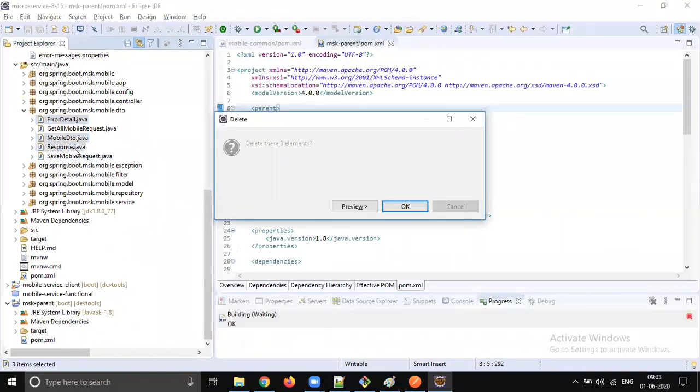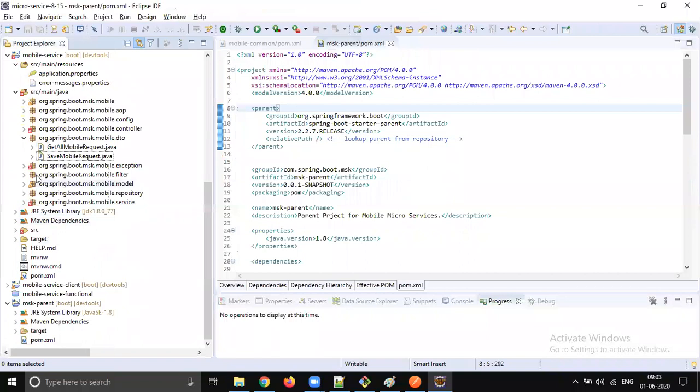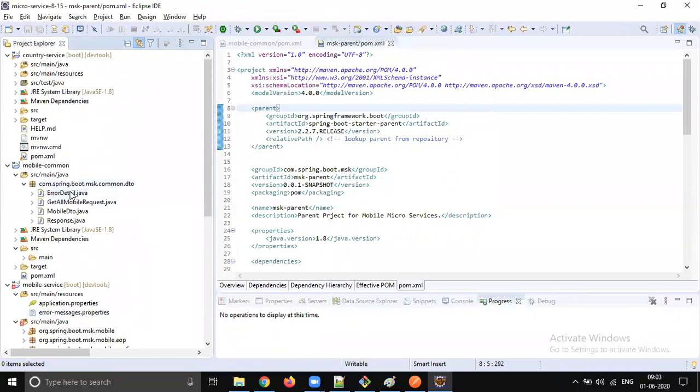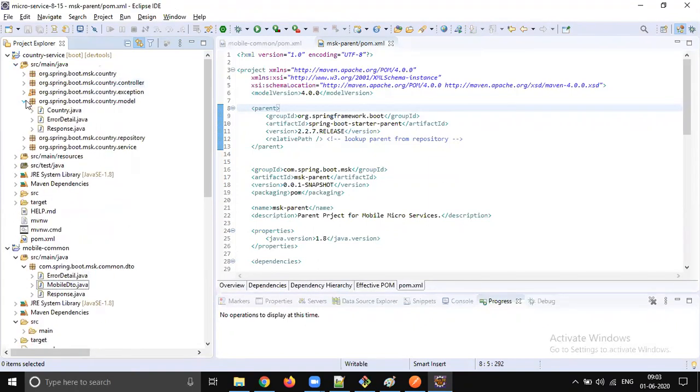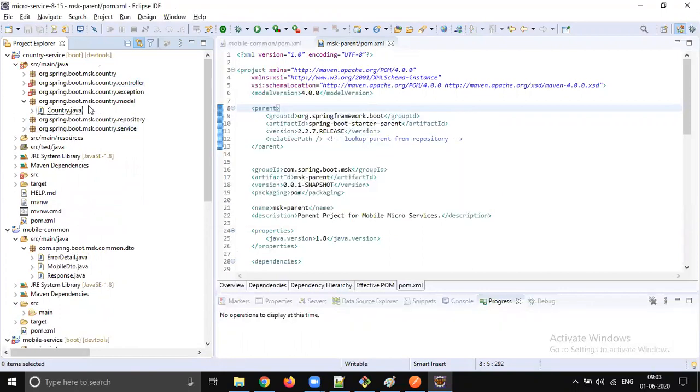Let's keep only those files. Yeah. So get all mobile request also. Okay. So these are the files which are common. So we are keeping it here. Fine. Let's go to src main java. Right. So we have error detail and response. Those two should be taken from common.